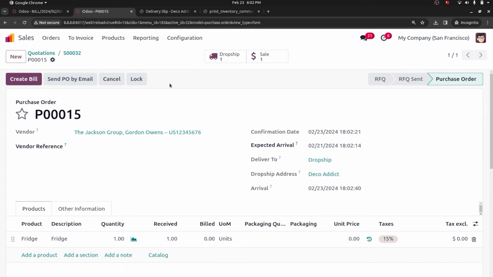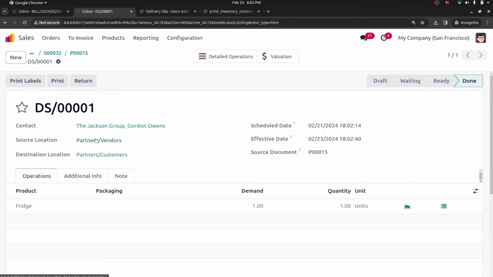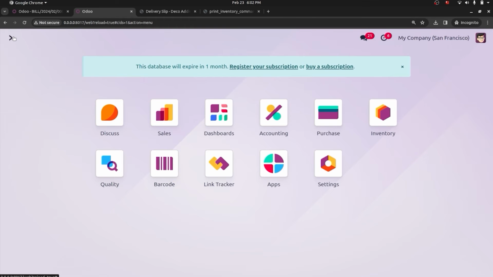Now the product is moved from the vendor to the customer. This is how drop shipping works. Then next is cross-docking. Cross-docking is one of the advanced features in Odoo. In cross-docking,